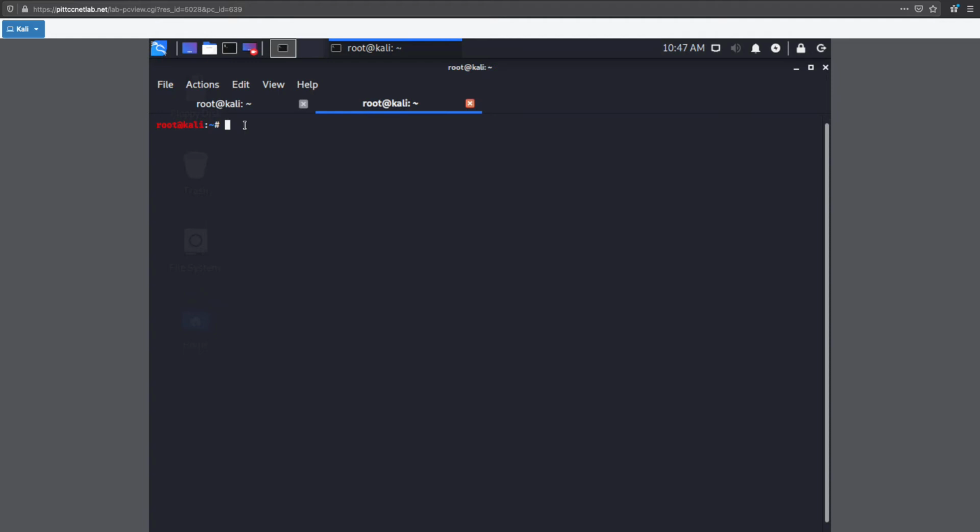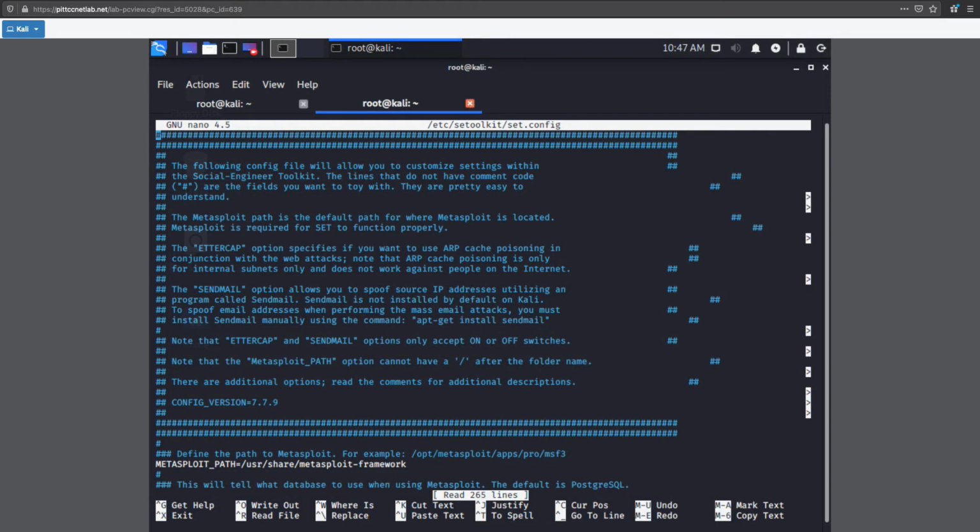And what we're going to do is edit a configuration file. That's going to tell Social-Engineering Toolkit what to do after the person types his credential information. We don't want to leave the person just sitting at a prompt someplace. What we want to do is move that person to another, maybe legitimate website, so they don't even know what's